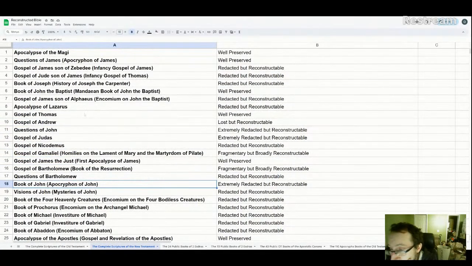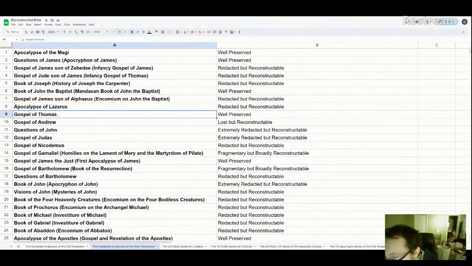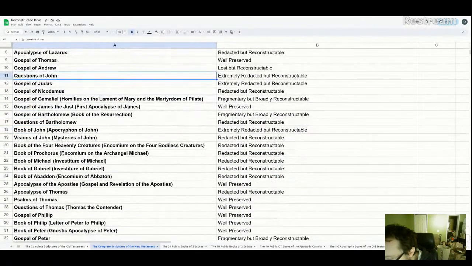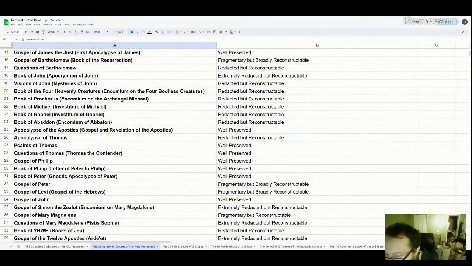In its current form anyway. Gospel of Thomas is falsely accused to be Gnostic. It was found in the Gnostic writings, but it's definitely not Gnostic. And then we have down here Gospel of Philip. There's like a couple things that sound slightly Gnostic, but overall it's not really Gnostic.